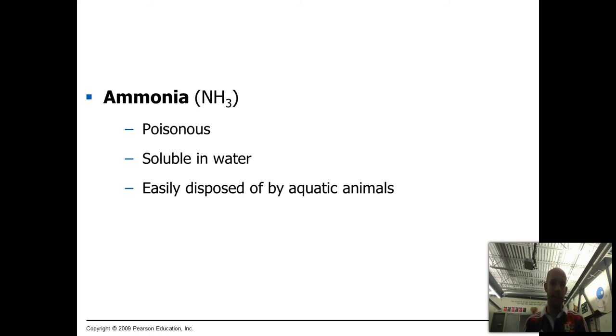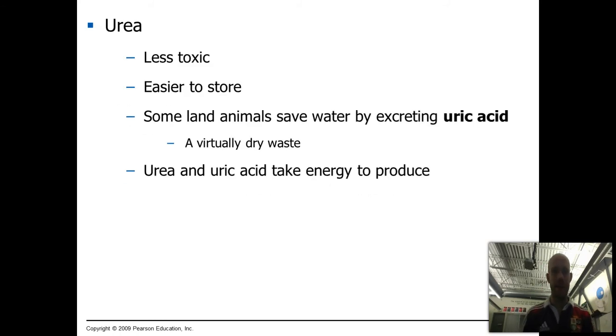Ammonia is poisonous, but it's very soluble in water. So aquatic animals that are exposed to a lot of water don't have to do anything particularly special with ammonia. They can just release it. Fish produce ammonia and they just pee ammonia, essentially. It's not a problem for them because they have so much water that they can easily flush it out of their system. For us, as mammals,